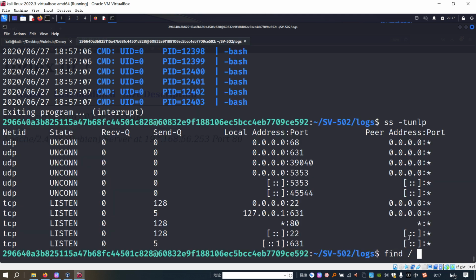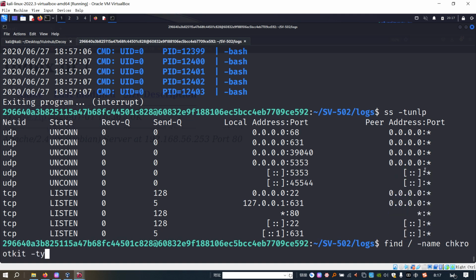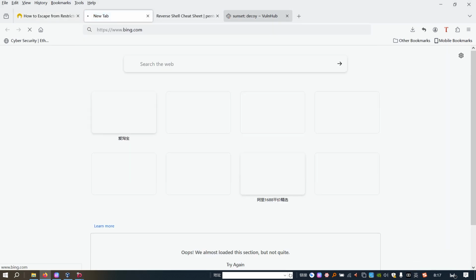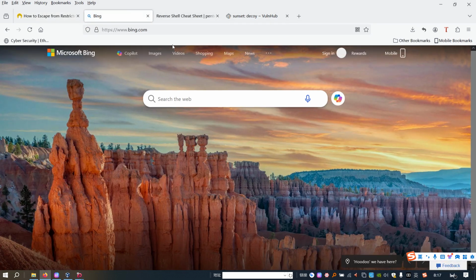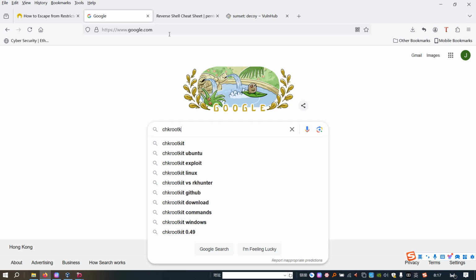checkroot. You know, checkroot is some utility to scan for a backdoor or rootkit. Maybe I try to find this file first, and then we can go back. But nothing returned. We can use Google, or maybe Google is better, I think. And checkroot rootkit.